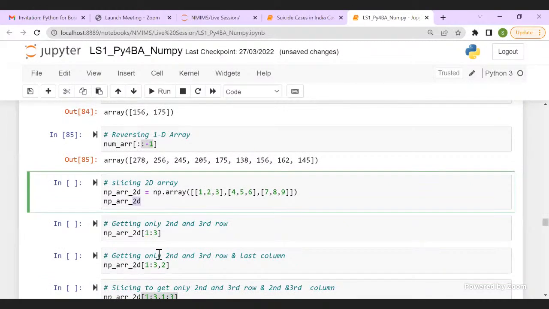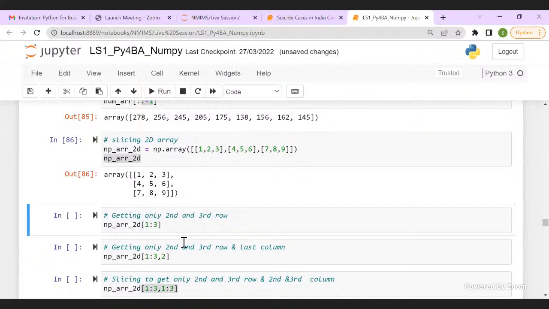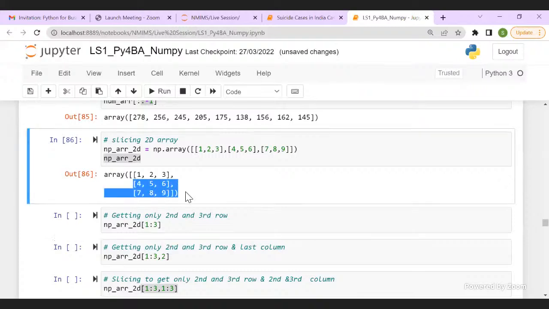All right, so let's do it for a 2D array. I created a 2D array here for visualization purposes, so that you can know where the actual location of your data is. What if I want the second and third row and all the columns?